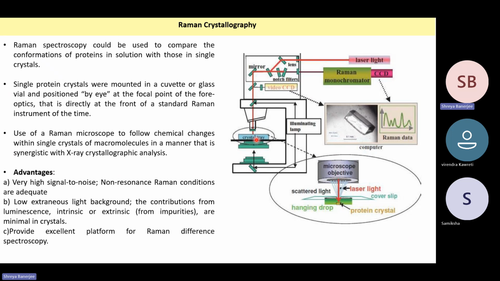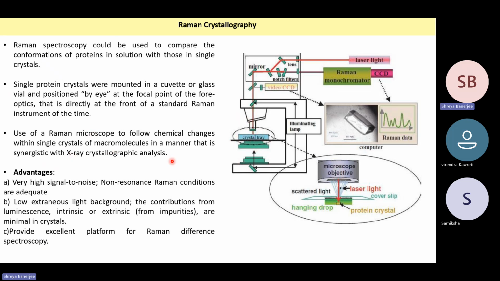If you remember, a few classes back, we had seen that when a protein is in a crystal, even then the protein can act as an enzyme. So suppose we have a protein enzyme in a crystal, and we are adding some substrate, then the enzyme will convert the substrate to the product in the crystal itself. So if we focus the Raman spectrophotometer on the crystal, we can observe the chemical changes happening inside that crystal